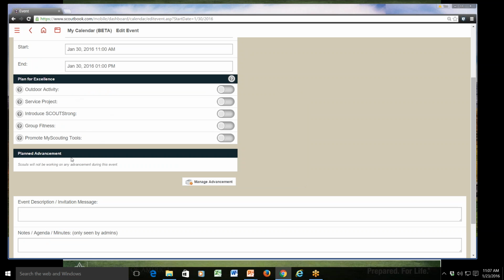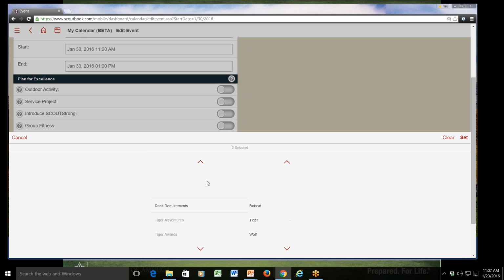And then they have something called planned advancement. This is a merit badge we're working on. So a merit badge is advancement. So let's click on manage advancement, and the screen that comes up has both Boy Scout and Cub Scout advancement categories. So if you're working on either Boy Scout or Cub Scout advancement, you select the major category first and then go into it. Let me give an example with a rank advancement of what you can do. So if I select rank advancement,